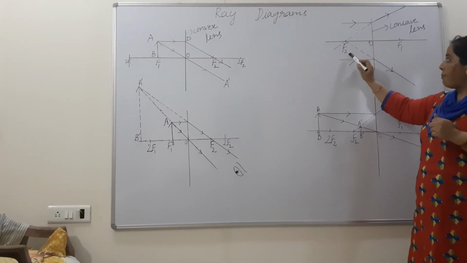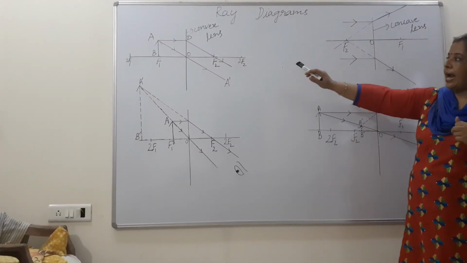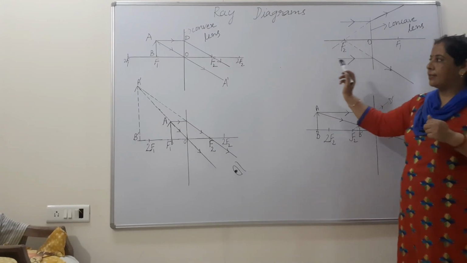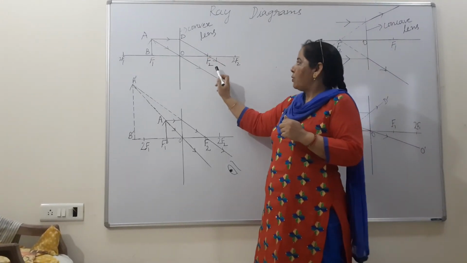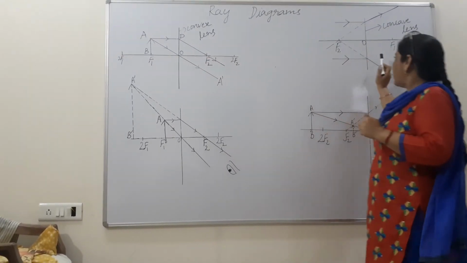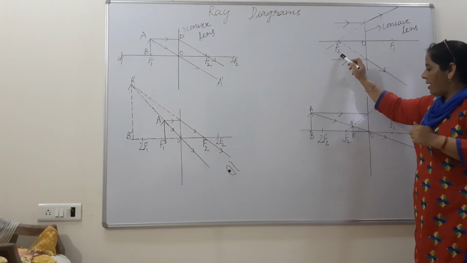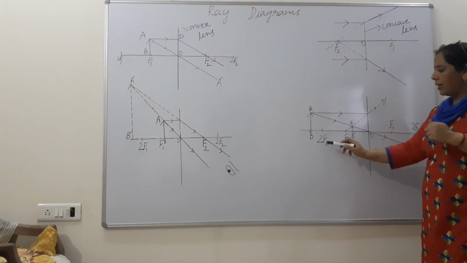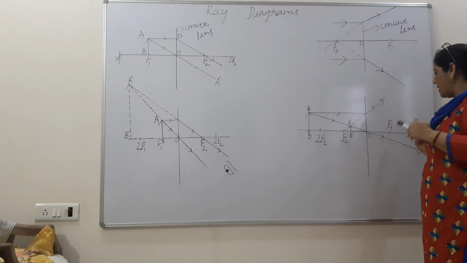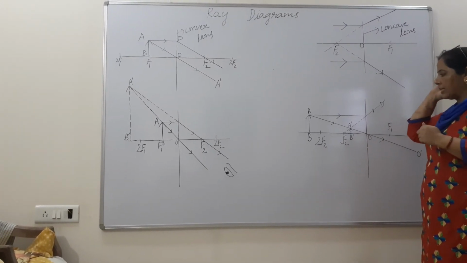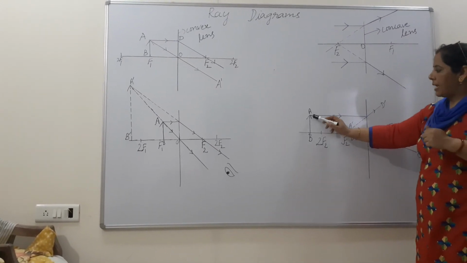Second thing, always remember about the f1, f2 also beta, that is reciprocate in both the lenses. For convex lens f2 is lying on the right side, for concave lens f2 is lying on the left side. Where f2 is there, there must be 2f2. Where f1 is there, there must be 2f1 on the same side. So again steps are same.